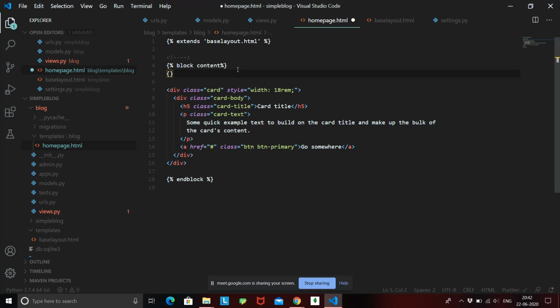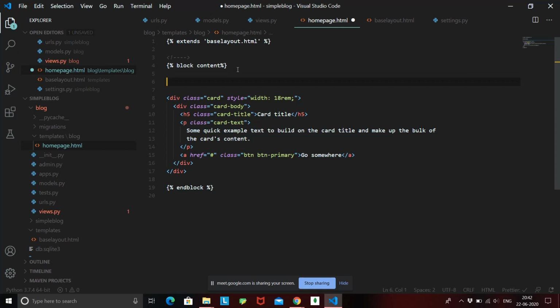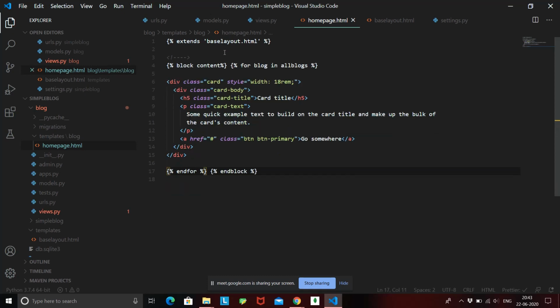Let's create a for loop, and end it after this div. Now these cards will be created for all the blogs that are present inside all blogs.